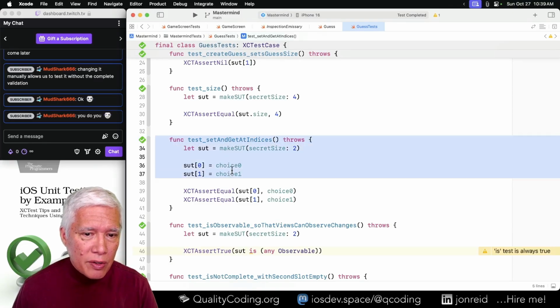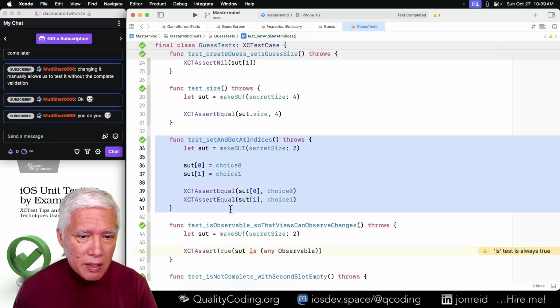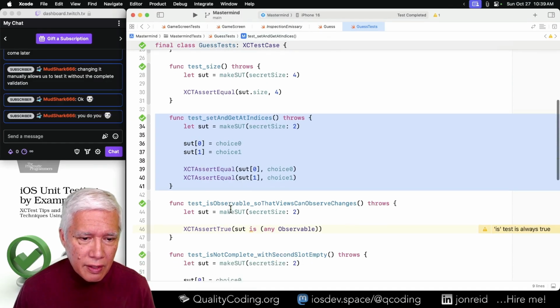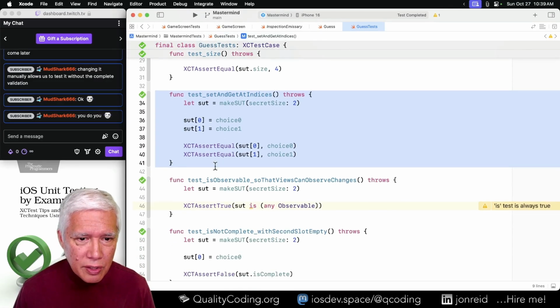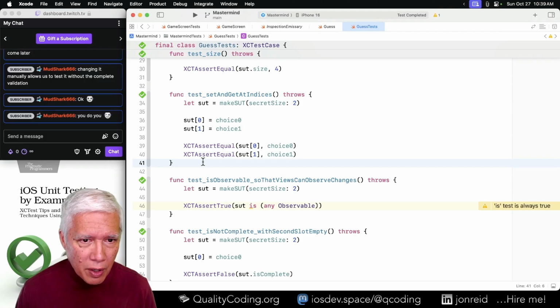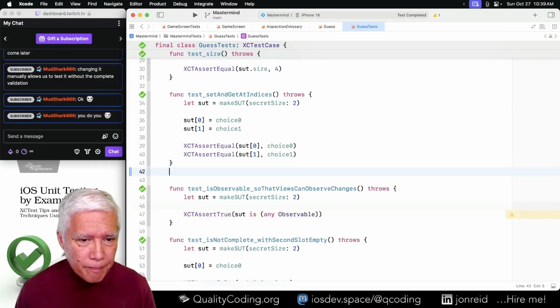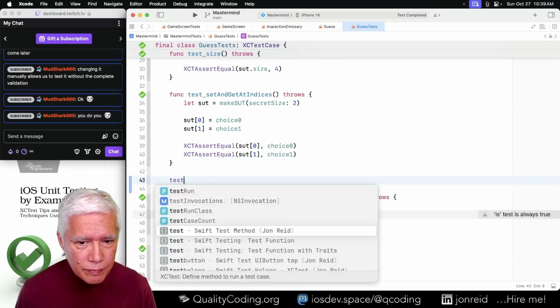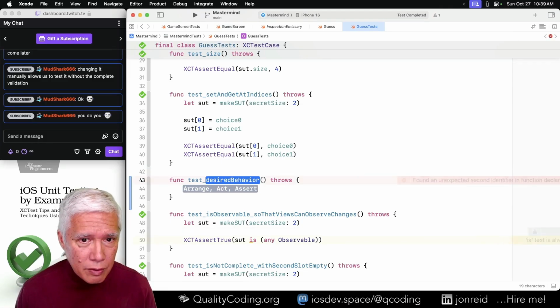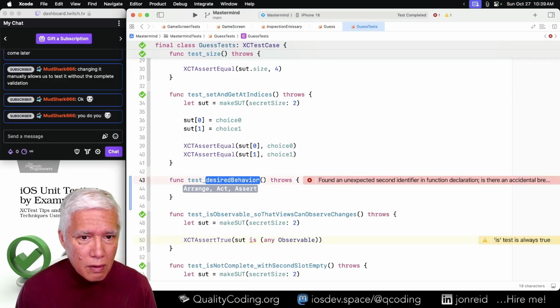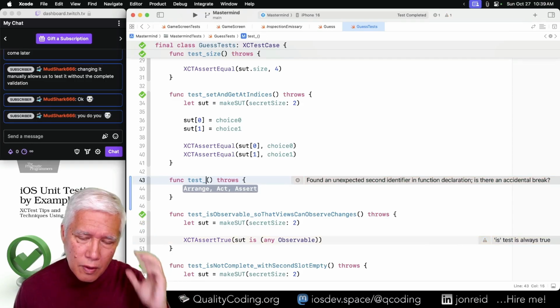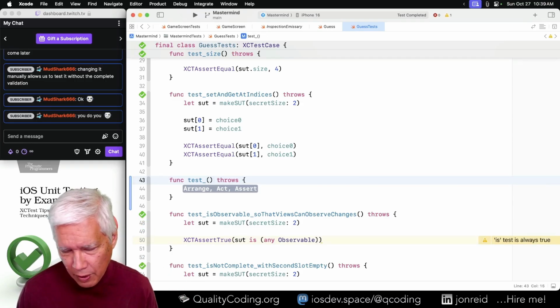Let me play around here by set and get at indices. I think that's the test that comes closest to what we want. So what do we want? It's not a setter exactly. It's a place.